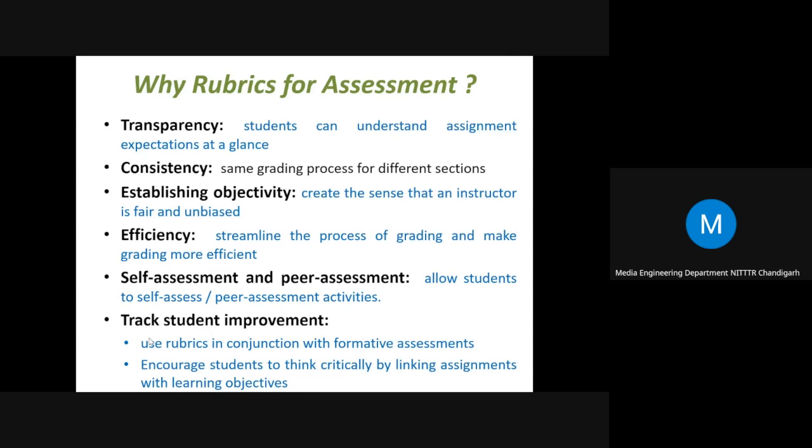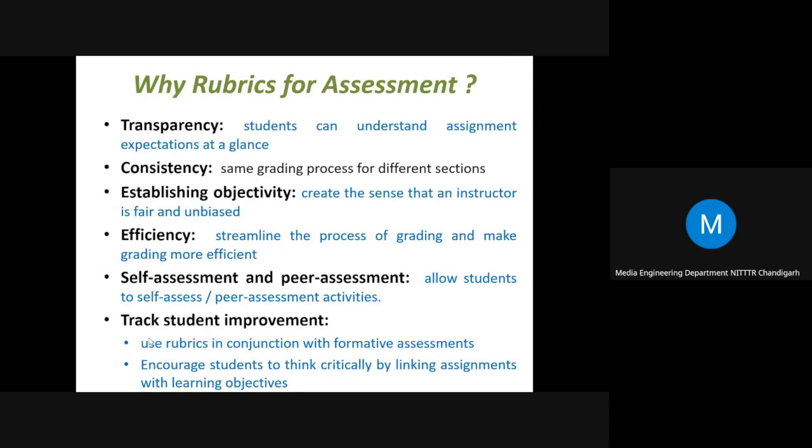If we allow students to have access to rubrics before they submit their work, then they can self-assess their activities, or they can do peer assessment before submitting the work, so they will be more aware of the status of their activity, or how they are doing with respect to the established guidelines.